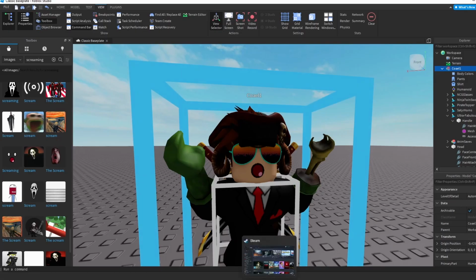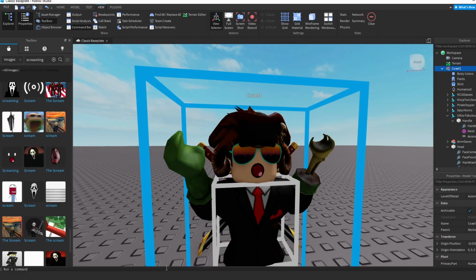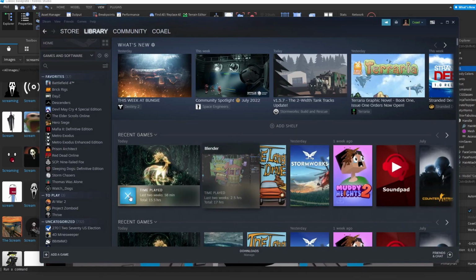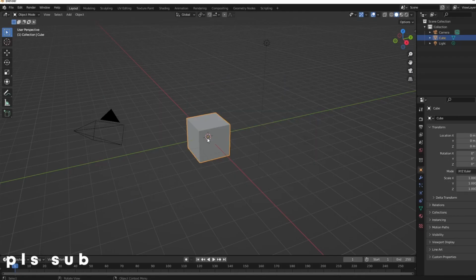Now that it's saved as an OBJ, go to wherever you have Blender downloaded. If you downloaded from the original site, open up the exe, or if you did what I have and I actually have it through Steam, all you have to do is play it through Steam. Now that it's launched up, you're gonna have this cube in the middle. And if it's on the side here and it's not selected like this, just click here